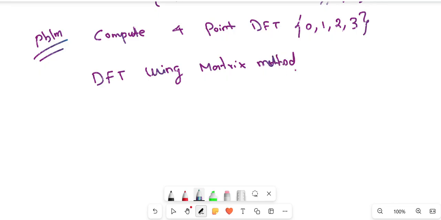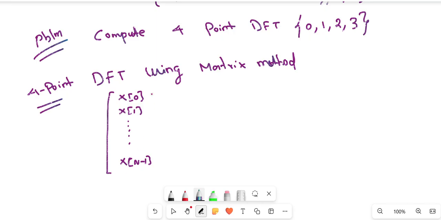Sometimes in 4 marks questions you can expect the 4-point DFT by using matrix method. So this can be represented as x of 0 and x of 1 up to x of n minus 1, which can be calculated. It is equal to